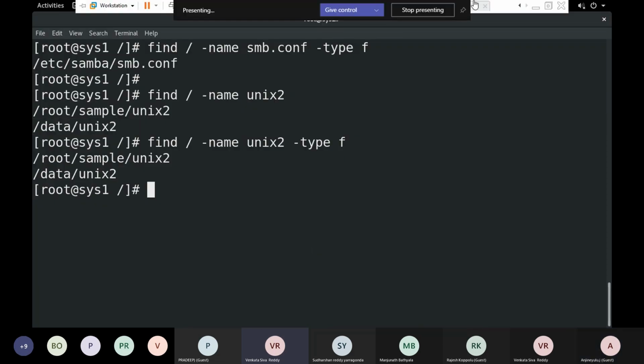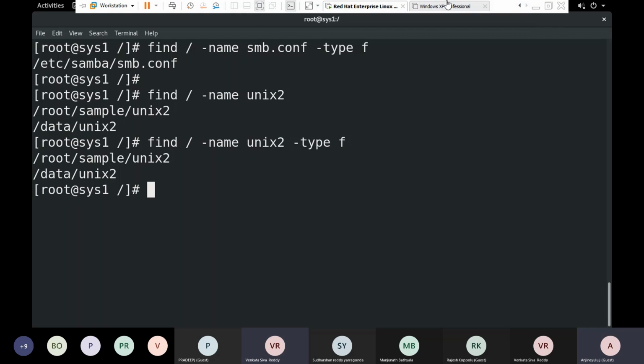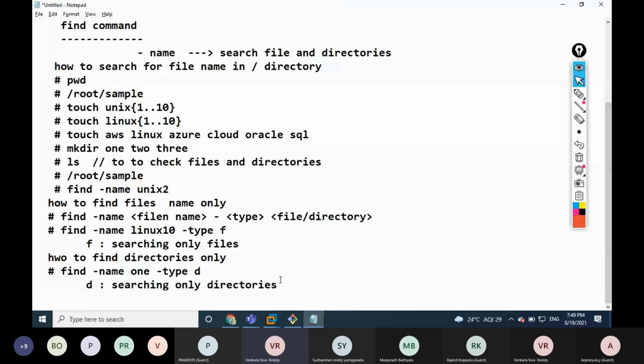Anyone having an idea? See, if you want to create a hidden file or directory, before the name we can put a dot, which indicates a hidden file or directory.